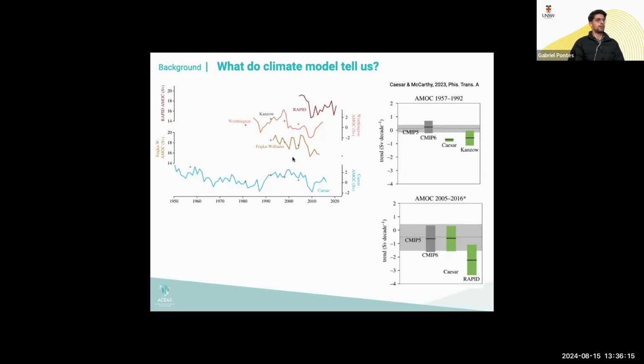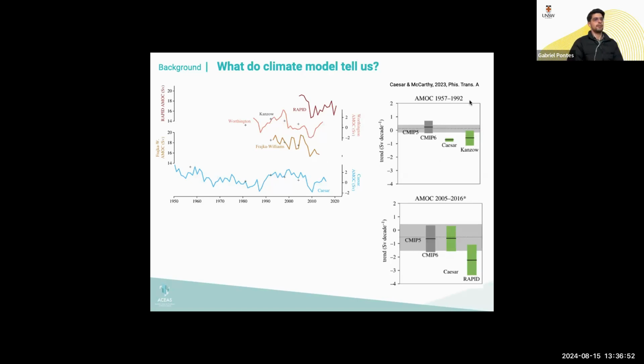Here we've got Frederikse and Williams, who obtained some kind of extension of the AMOC measurements based on satellite altimetry. And here, this blue one, the longest one, is an AMOC anomaly derived from the previous SST index. And if we take the trends of those indexes over two periods and compare against the models,